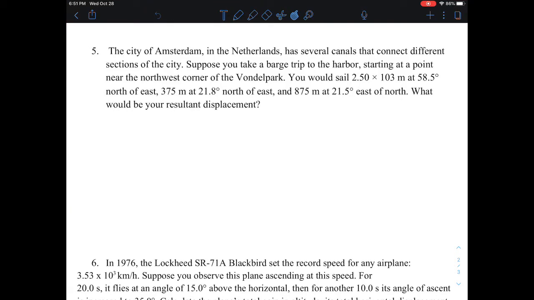Okay, everybody, I'm here to help with problem 5 on the homework set having to do with vector operations. It says the city of Amsterdam in the Netherlands has several canals. You start at some corner of Vondelpark, and then you've got 3 vectors. You sail 2.5 times 10 to the 3 meters at about 58.5 degrees north of